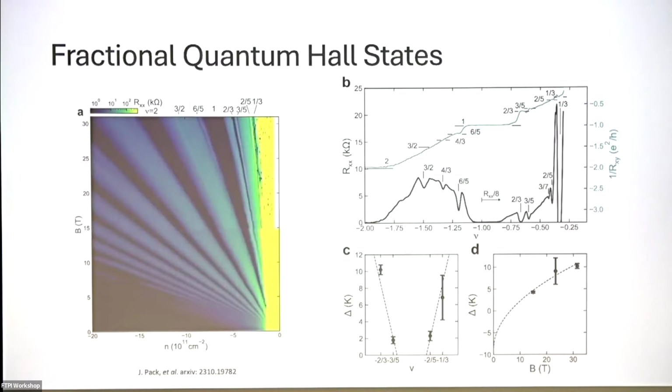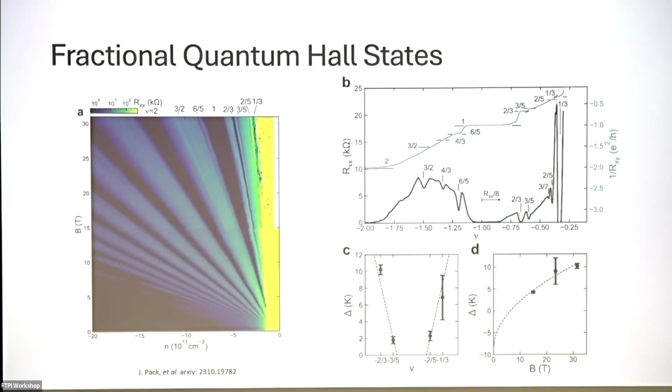Another piece of evidence showing this sample is good is the fractional quantum Hall states observed in it. Here's the Landau fan for this sample. You can see there are many fractional states. There's even a dip at the even-denominator three-half state. Also, the gap size is quite big compared to gallium arsenide, where it's usually on the scale of 100 millikelvin.